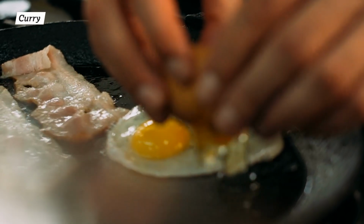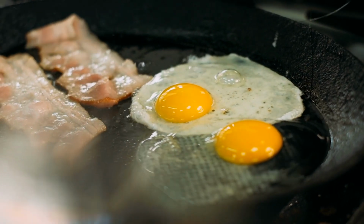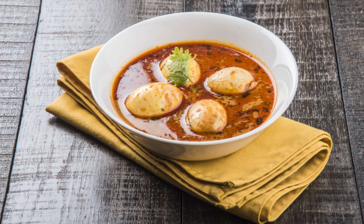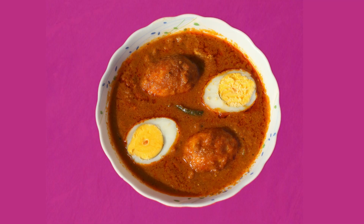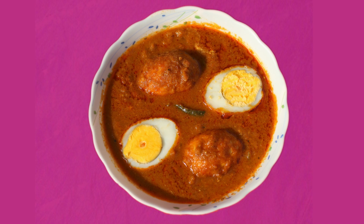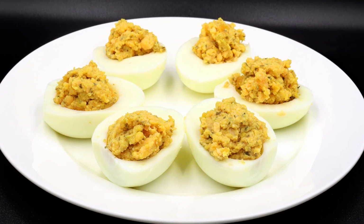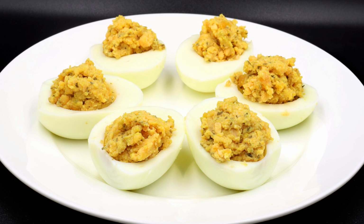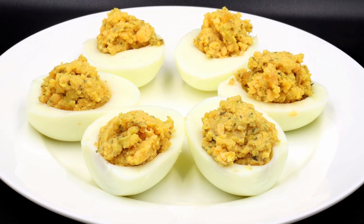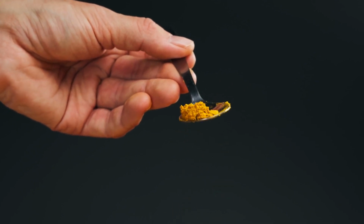If you grew up eating a typical Western breakfast of eggs and bacon, you may have to stretch your imagination a bit to think of eggs and curry in the same dish. But this combo is a big one in Indian cuisine. It consists of hard-boiled eggs immersed in a tangy bath of tomato sauce with a dash of curry to add some extra flavor. The deviled egg version does away with the tomato sauce and sees the curry go straight into the yolk and mayo mixture. Once the mixture goes into the egg boats, sprinkle a little powdered curry or chopped parsley or cilantro on top